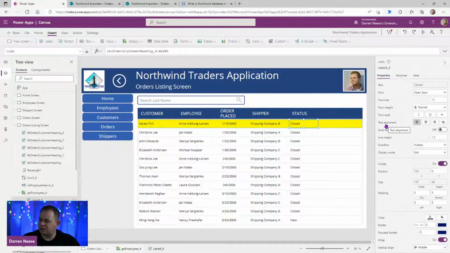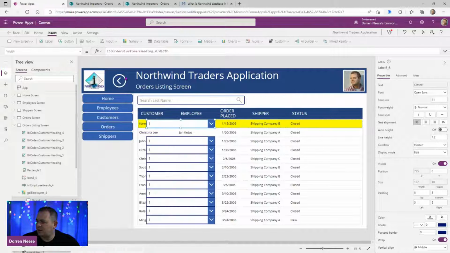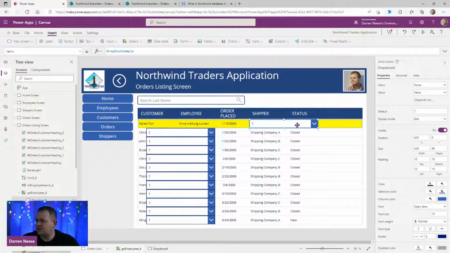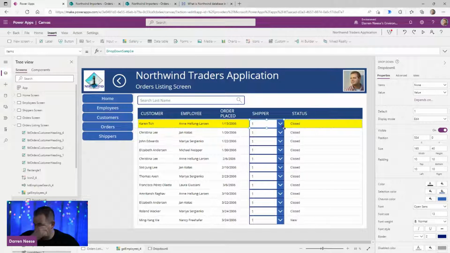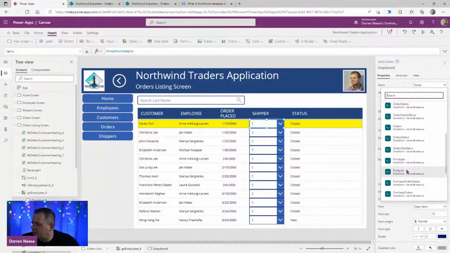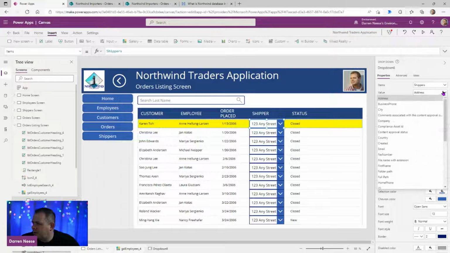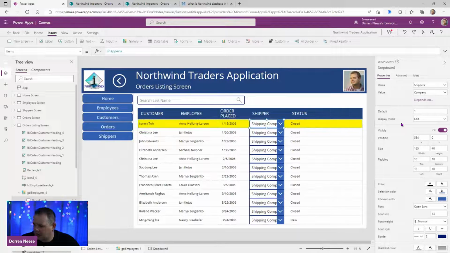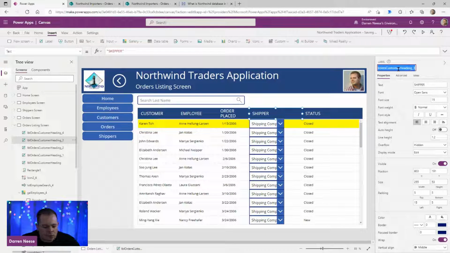So if we wanted to put a drop down here, let's add in a drop down here. And you said you want to be able to change the shipper, so we'll put that here. And we'll set up this drop down to be a shipper. And what we want to show on the shippers is the company. Very good. Yep. And we might want to make this a little longer if we have the drop down in there. Okay. And then we could use that